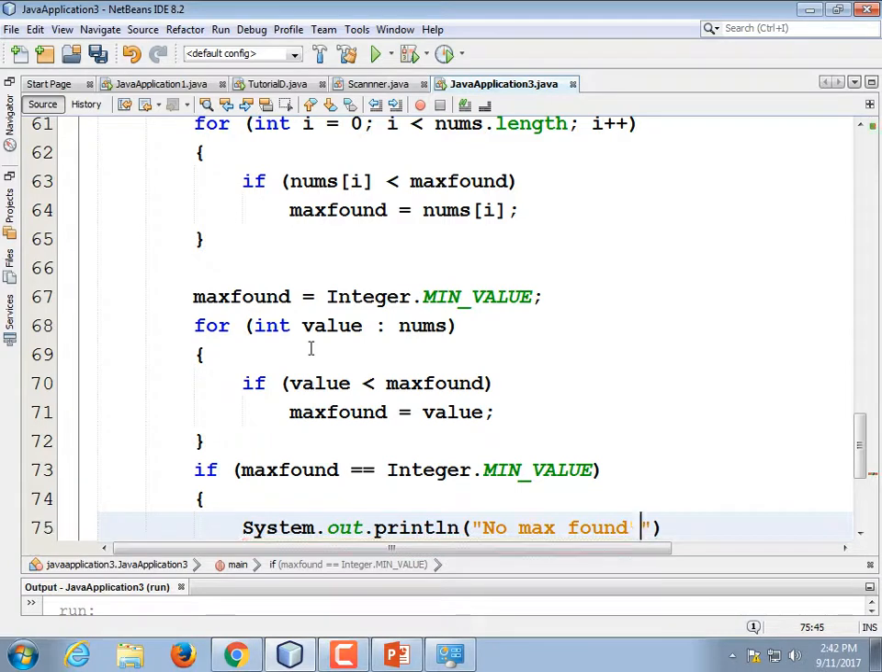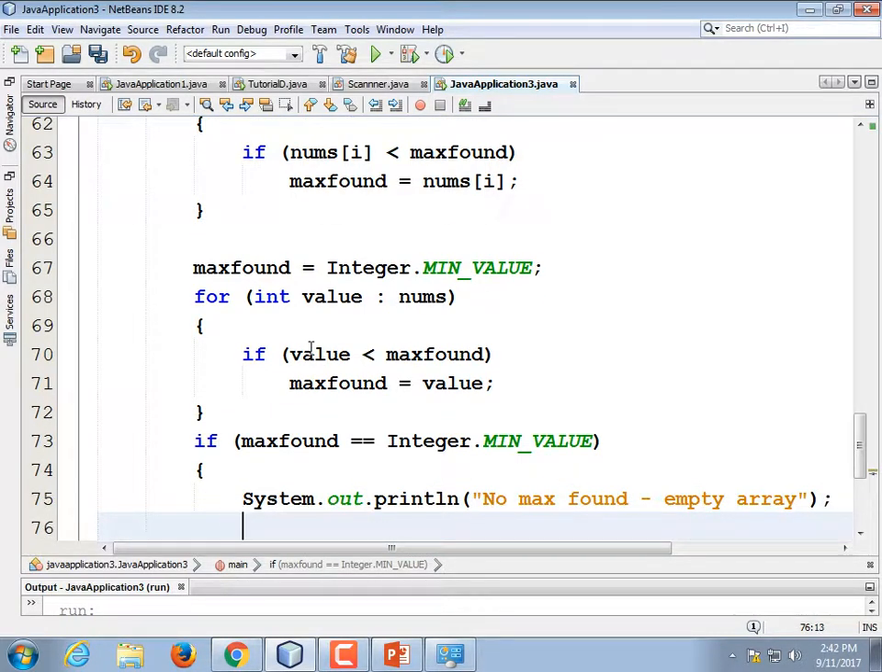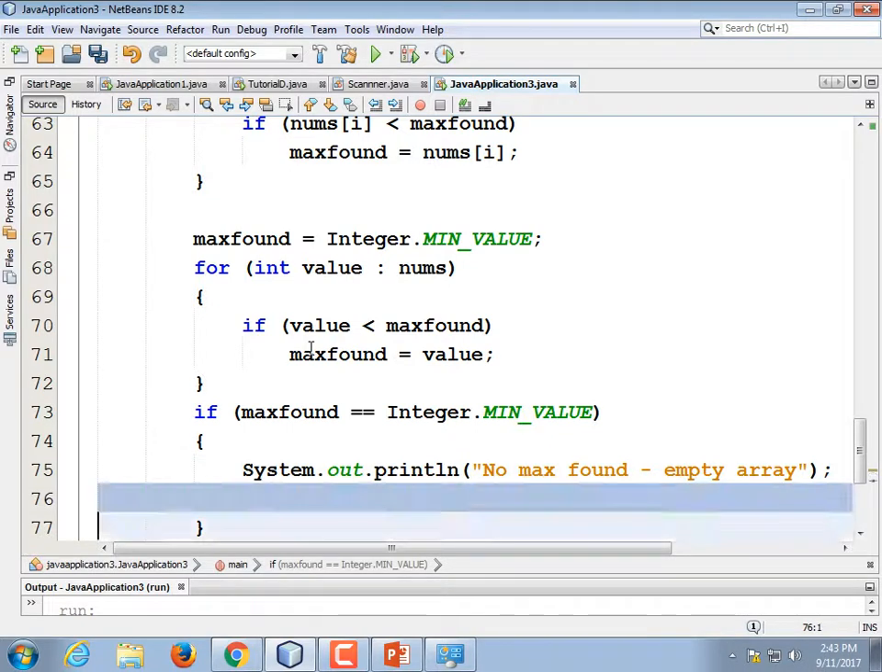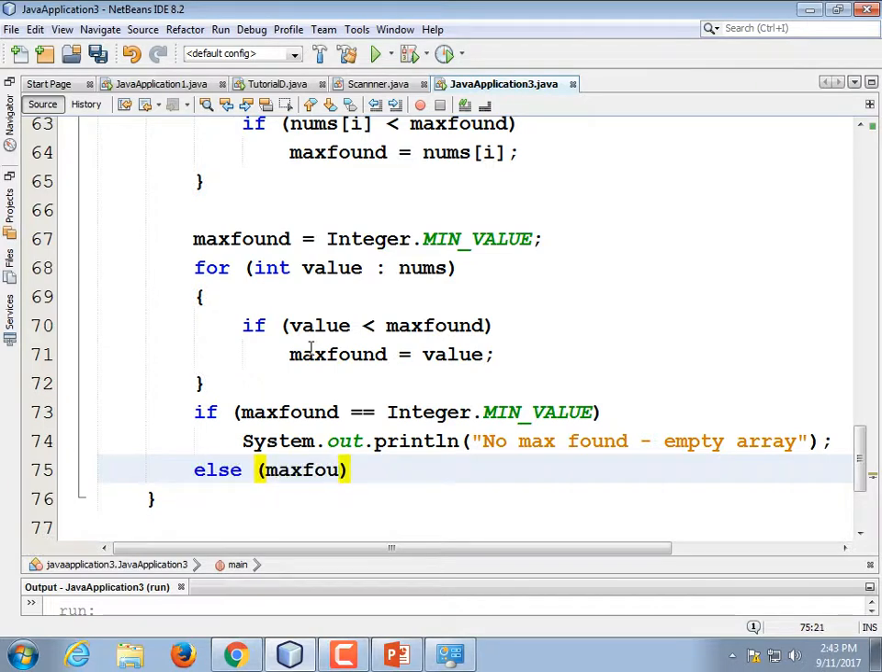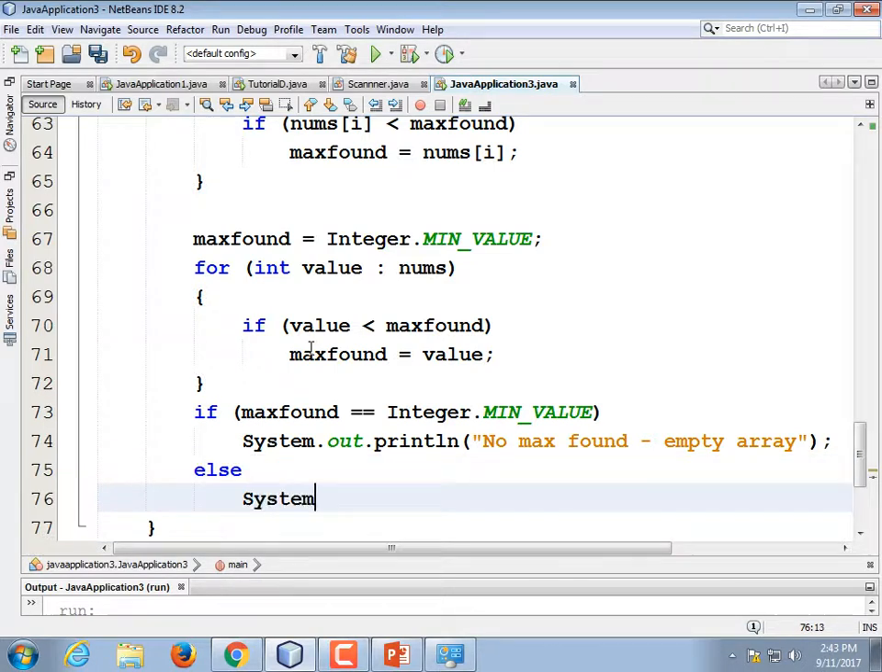Max found. Min value is negative 2 billion or something. Integer.MIN_VALUE shows you the smallest value that can be stored in an integer, negative 2.1 billion or whatever, while Integer.MAX_VALUE shows the largest. So no max found, empty array, else print the max found that we actually did. Else System.out.println max found equals plus